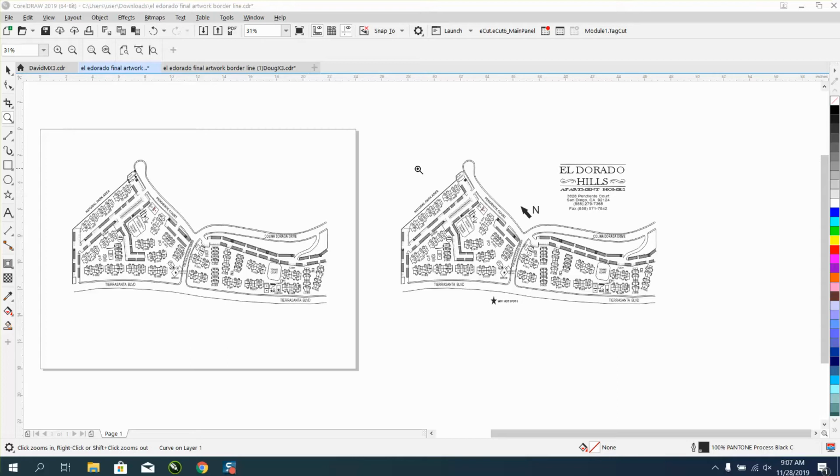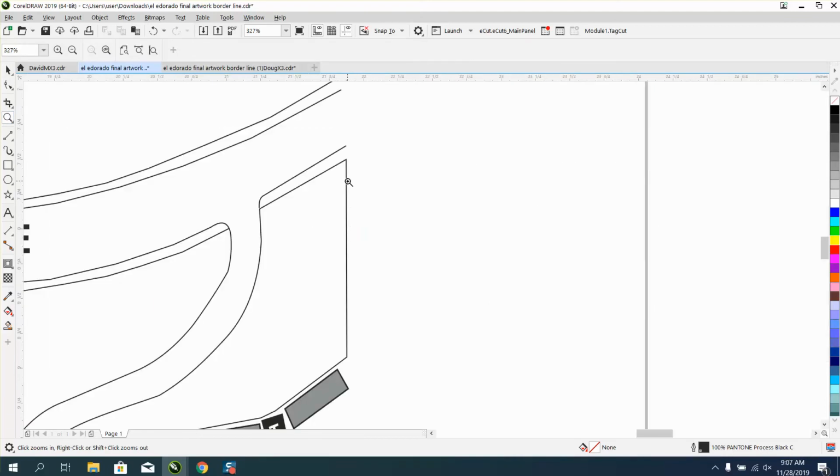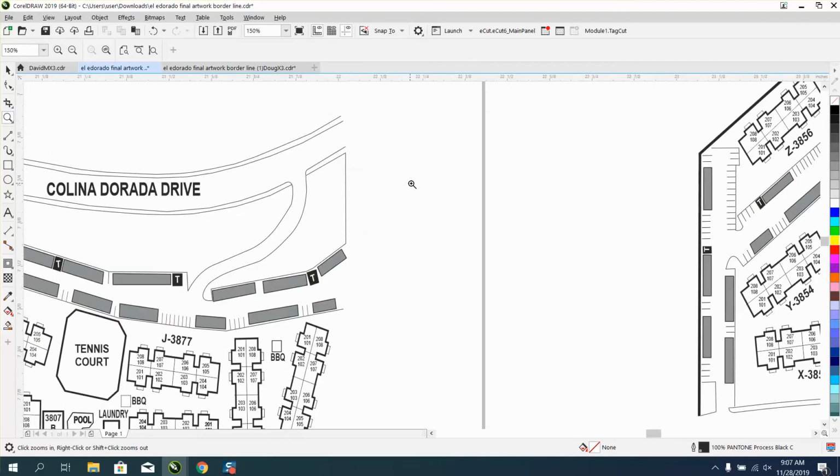This gentleman is having a problem. I did find out he's going to print it on vinyl, but he just wants a border just around the stake, so I made an exact copy of it, a duplicate, and I nudged it over 25 inches so we can get it back. And he wants to put a contour around there. To put a contour around there, we need to